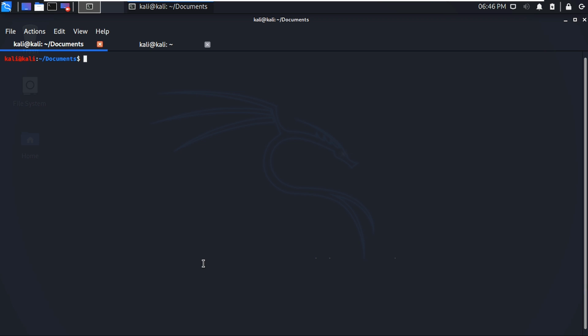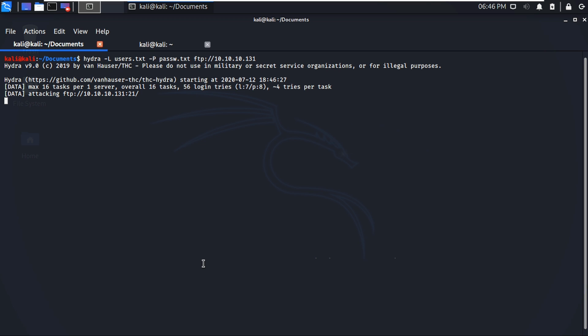Now to hack the FTP server, we have to type hydra and then capital L, because we are passing a list of usernames, and then capital P for the list of passwords, and then the service, which is ftp followed by a colon, double forward slash, and then the IP. If you press enter, it will start trying to log in using the usernames and passwords one by one and show you the successful login and password.